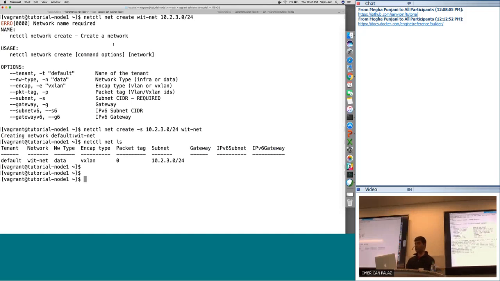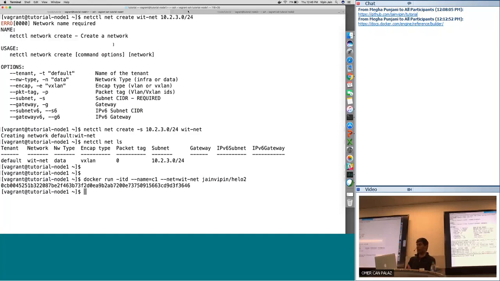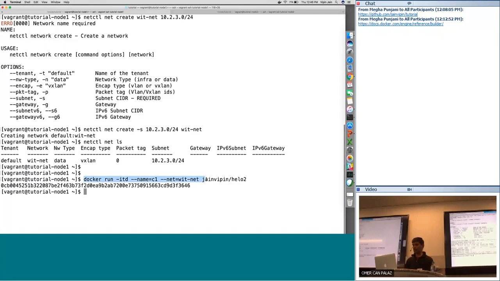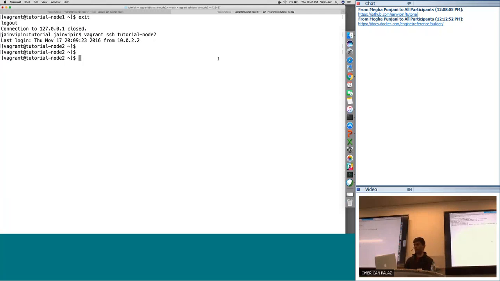So let's go ahead and do that. We ran our previous command like this. The only difference now is I'm going to specify which network it belongs to. That's the only difference. You guys can see that, right? Okay, so we're going to start this application. My first container is started on node 1. I haven't started clustering yet, but on node 2, I'm going to start another container. Let me just copy paste this and change a few parameters. The only thing I'm going to change is to name it C2.